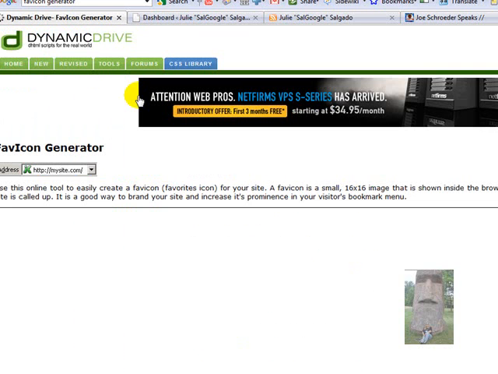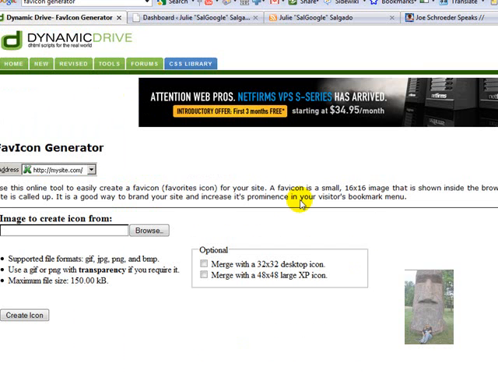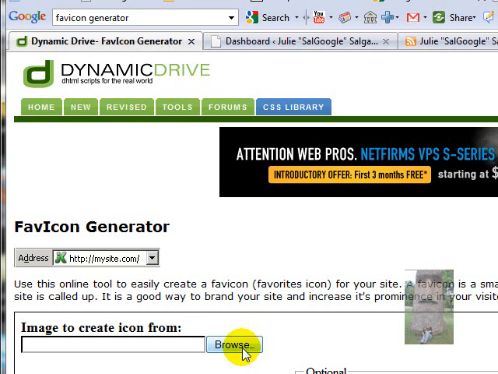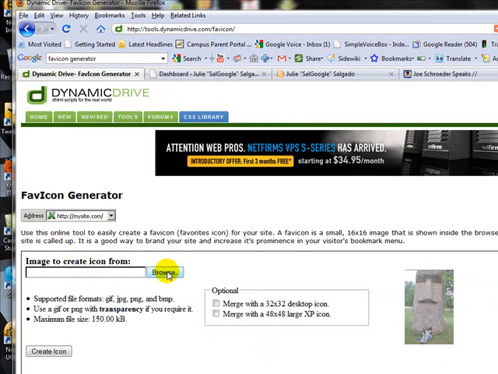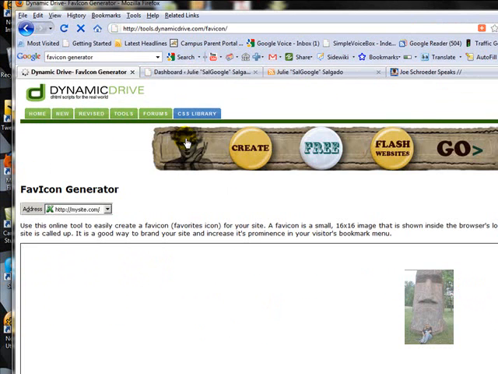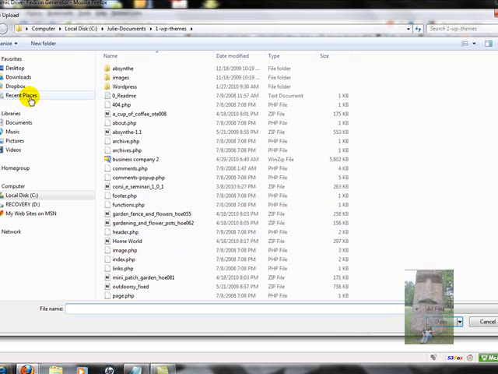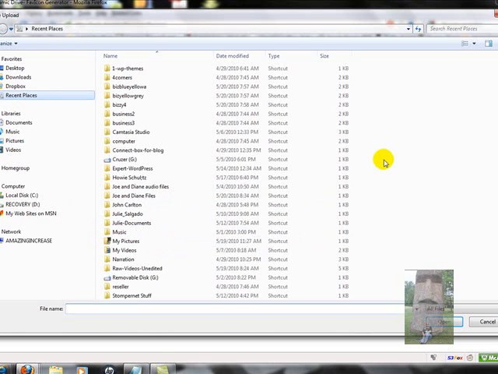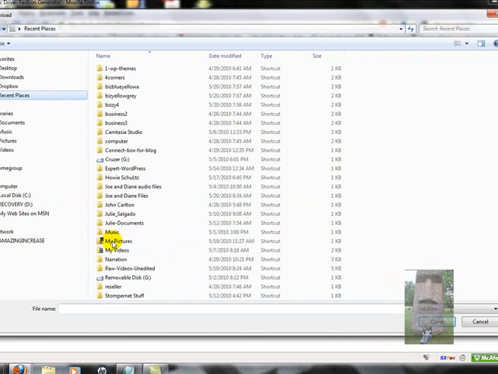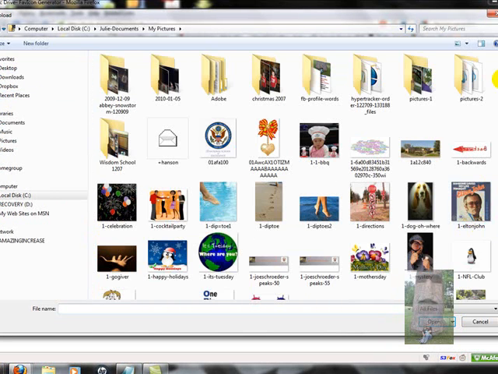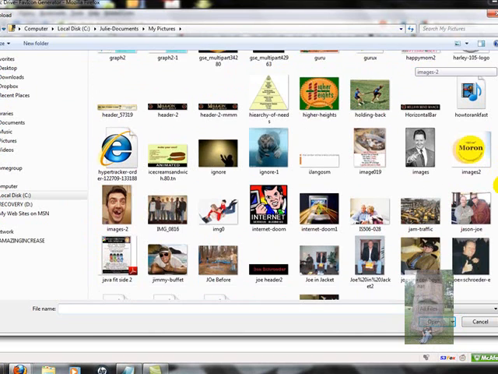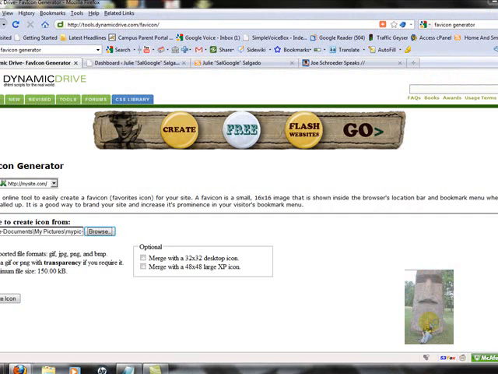So we'll click on that, and this is what comes up. It's very simple. If you already know what your image is going to be and you've created it, you can just browse from your computer. Anything that's a .jpeg, GIF, or BMP file you can use to create your Favicon. So I'm going to browse my computer. The one I want for sellgoogle.com is just my standard photo that I use on the internet. I'm going to find my photos, they all come up, and I'm going to scroll down. I've got a lot of pictures on my drive. I'm going to open that,